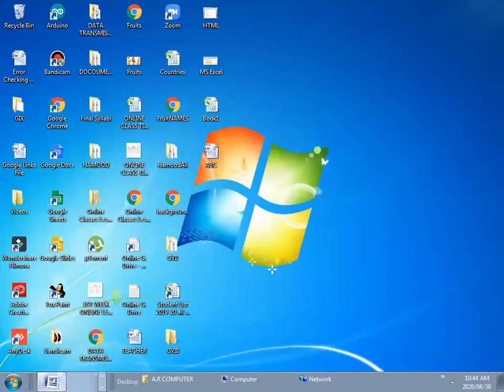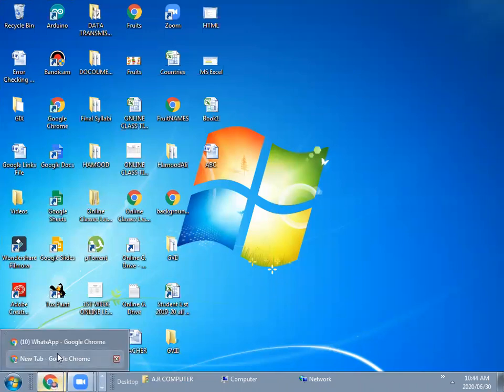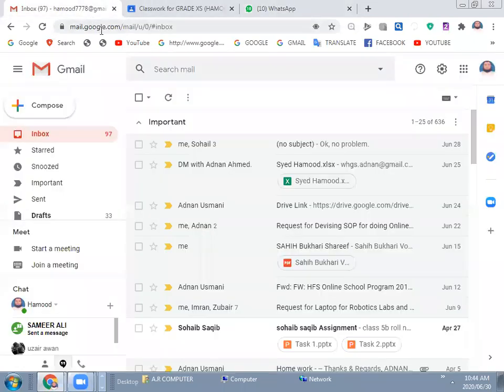Okay, so I am discussing with you how cloud computing is used. First, for using cloud computing, the only thing you need is an internet connection, and the second thing is a web browser. What are the two things you need for using cloud computing? An internet connection and a web browser.